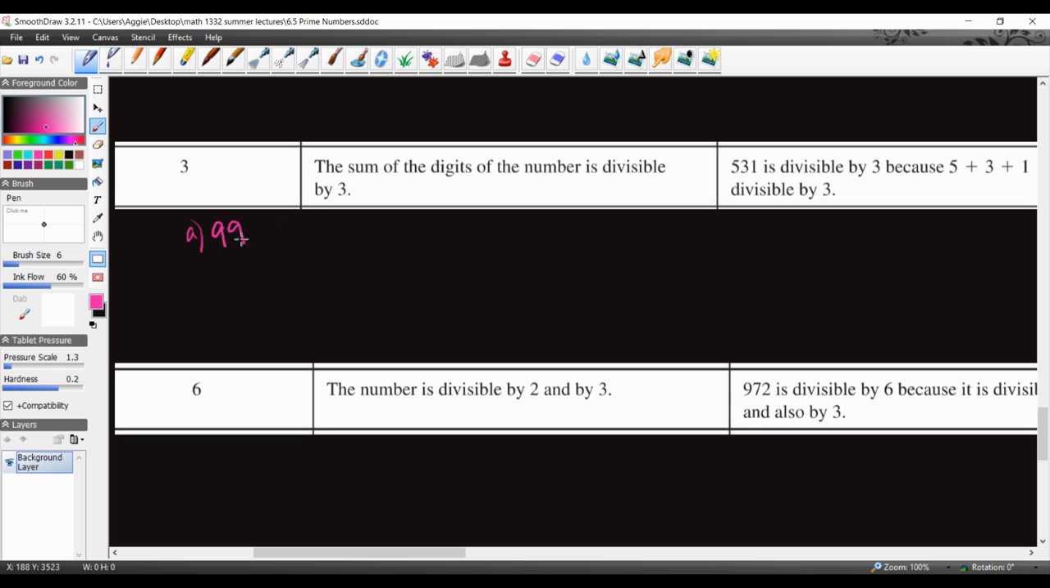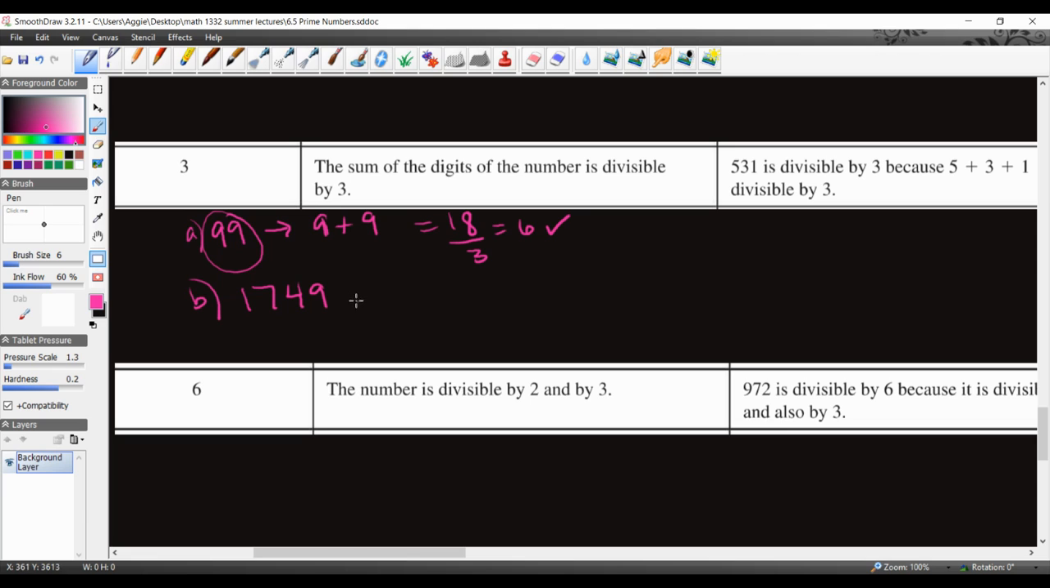Well, if you add the digits, we have 9 plus 9, and 9 plus 9 is 18. And 18 divided by 3 is 6 with no remainder. So 99 is divisible by 3. Okay, let's try something bigger. I'm just going to make it up,